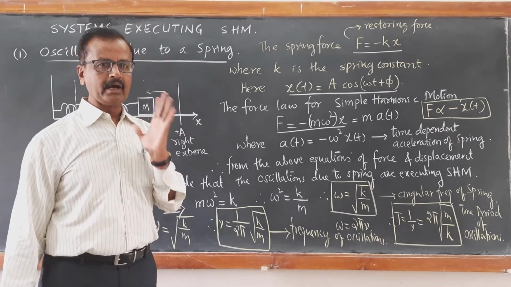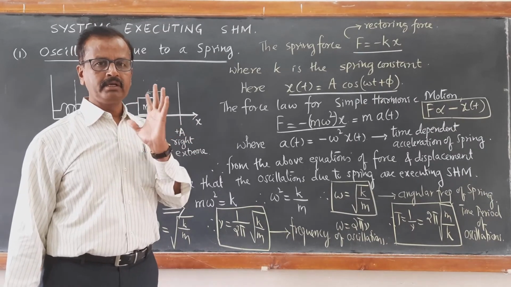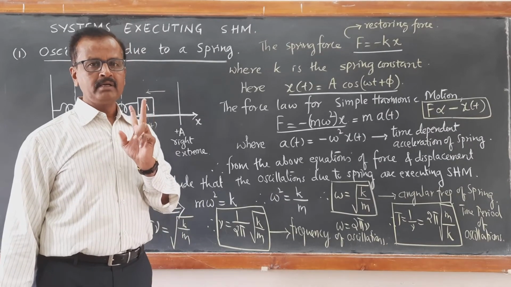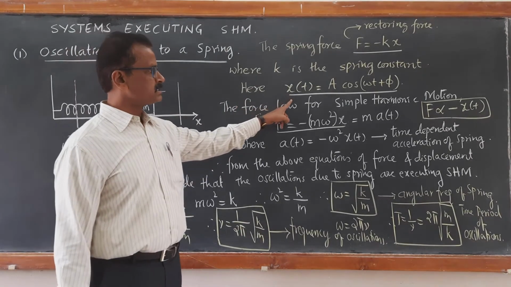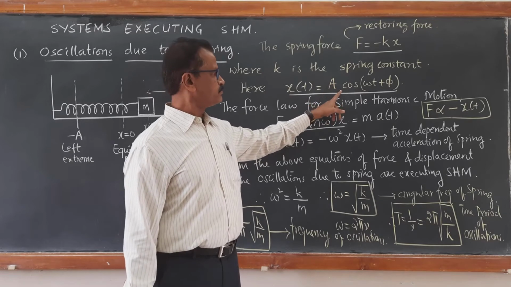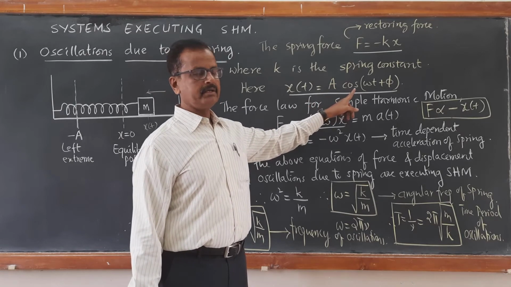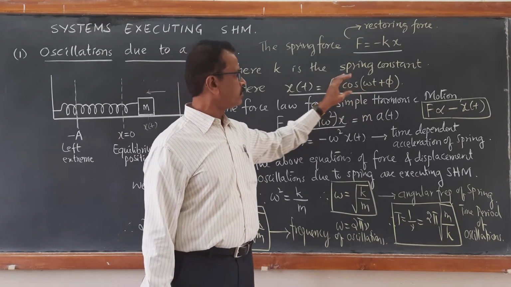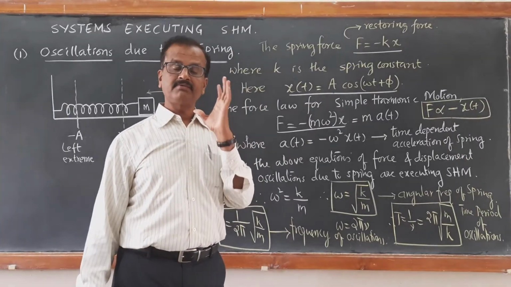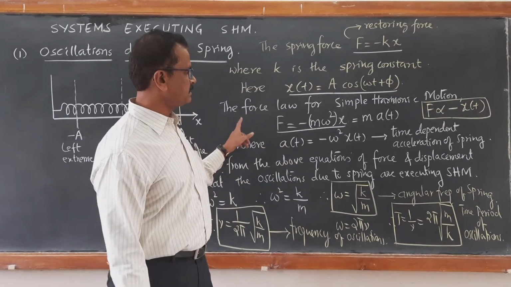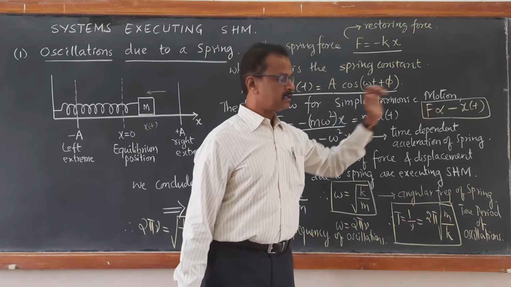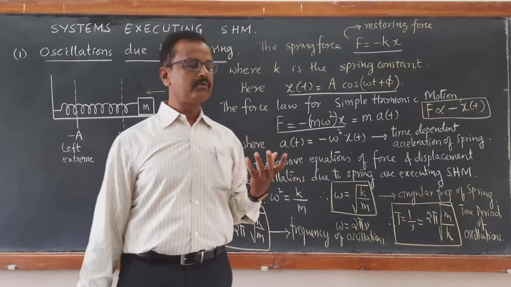So, to prove any oscillating body to be executing simple harmonic motion, two things should be observed. One is that its displacement must be periodic as well as sinusoidally varying with respect to time t, given by this form, so that the displacement is of the form of a simple harmonic motion. Second, it should be obeying the force law. Force must be directly proportional to negative of displacement.